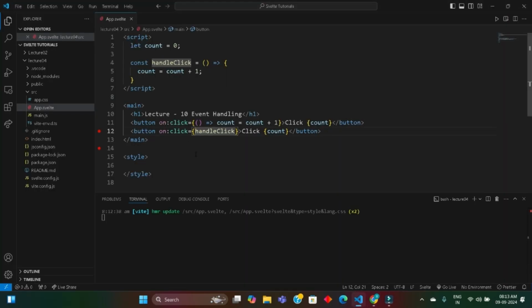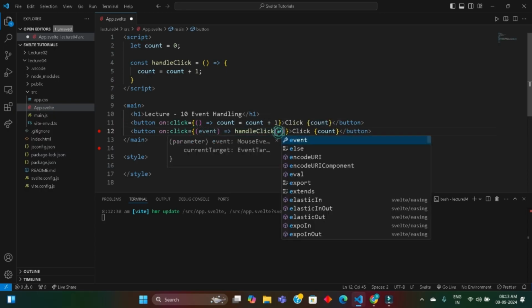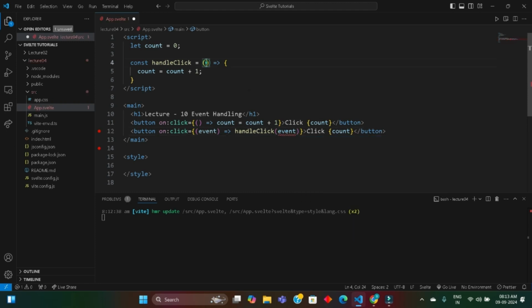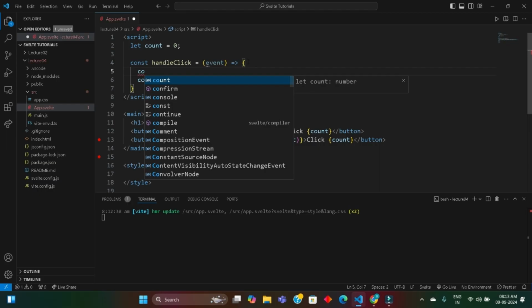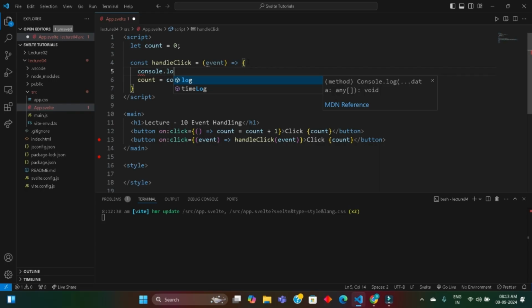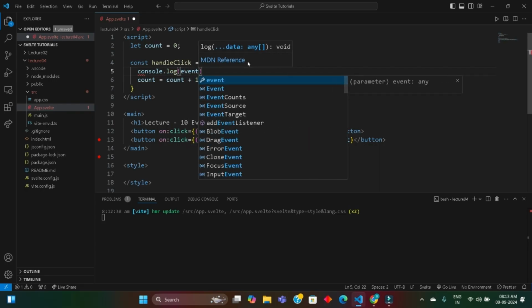To get that particular information, we will make some changes here. Make it an arrow function, and here also, and here we will get the event object. So event, and we have the event object. To see this, we will use console.log(event). Save it